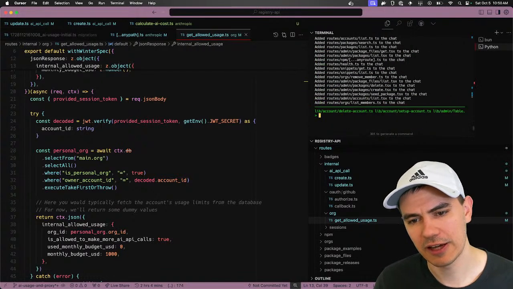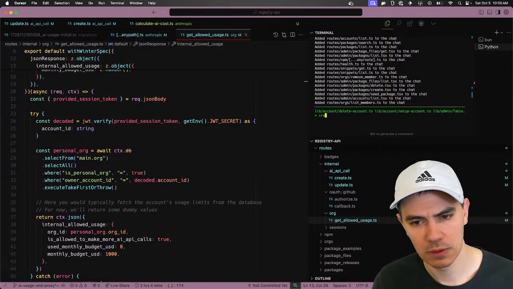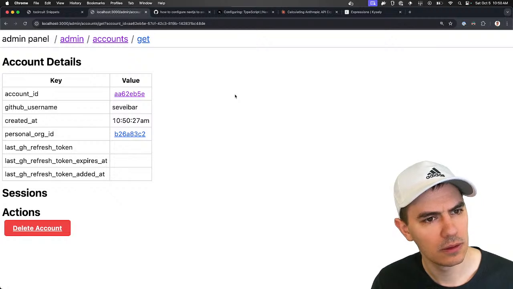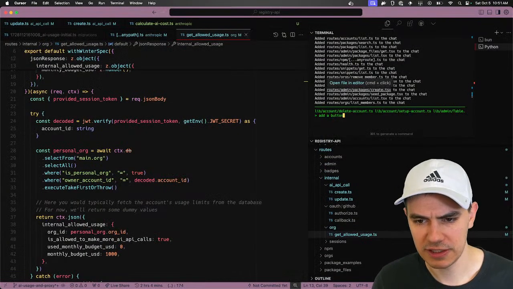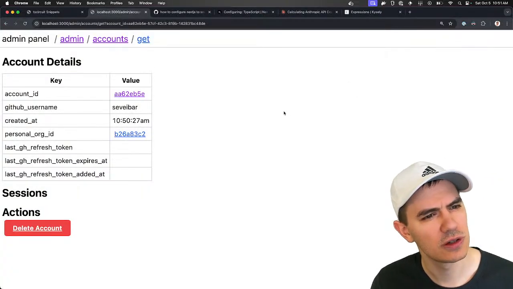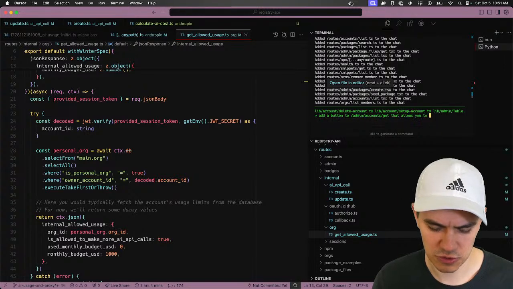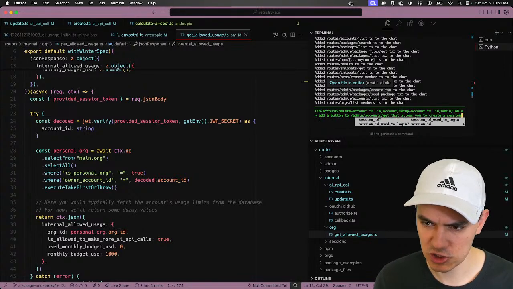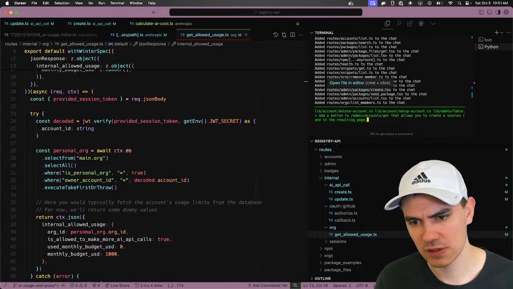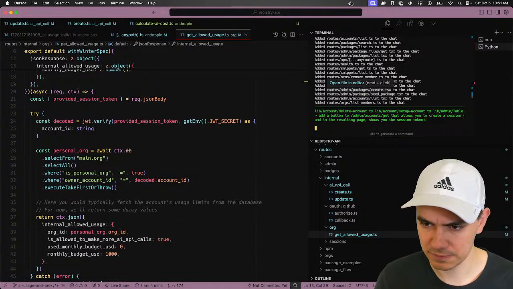Add lib, add routes. Add a button to /admin/accounts/get that allows you to create a session, and in the resulting page shows you the session token.